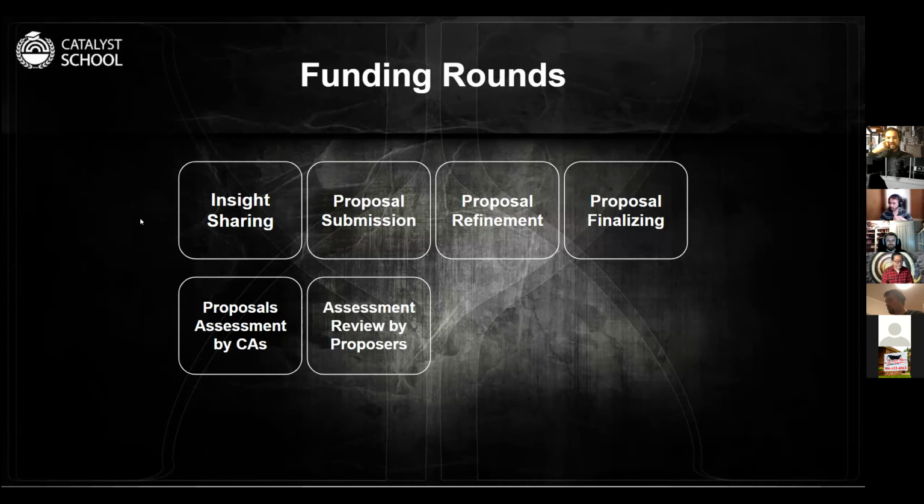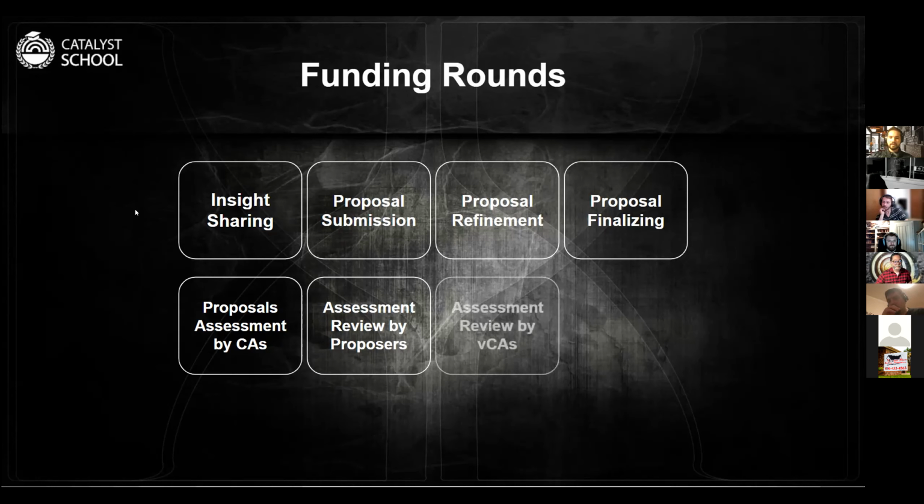After the assessment phase, the proposers are going to review these assessments, and they are able to flag them if they believe they are not fair, they are offensive, or they should be removed from the process for any other reason. The proposers don't have the power to remove the assessments themselves. What they can do is flag these assessments. So the veteran community advisors are going to check them in the next phase and read why the proposer thinks that these assessments should be removed.